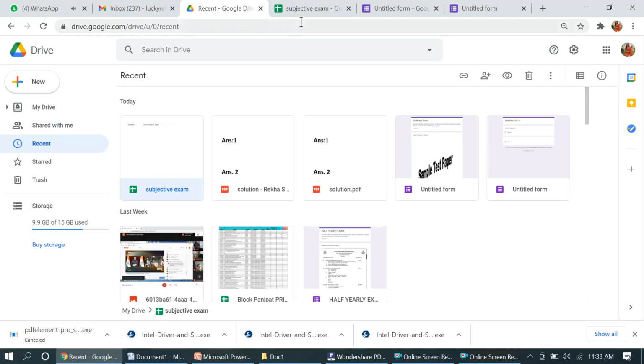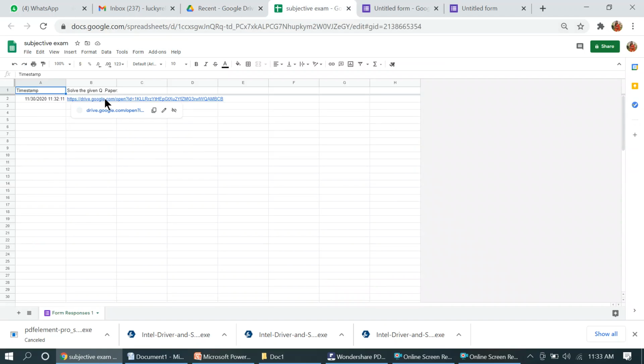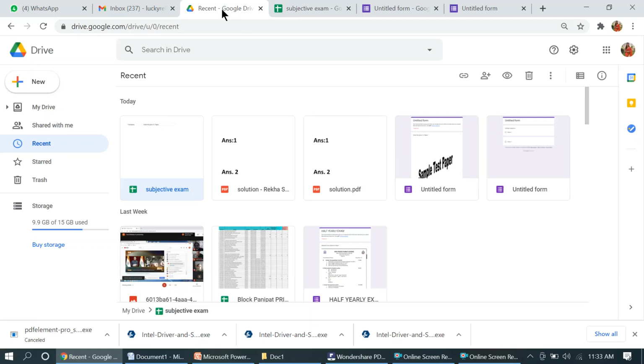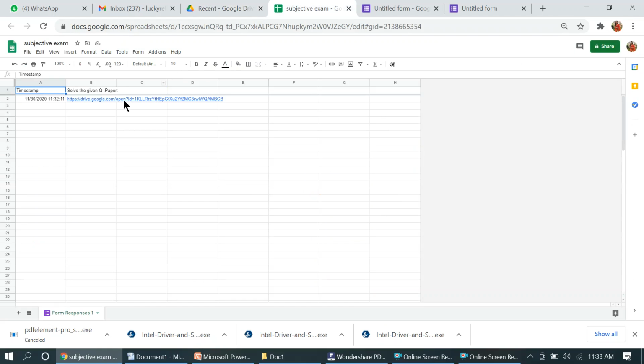If you don't want to do it from there, from here you can just click on this and you can download, right? But right now, as I have got only one response, I know that this is the response which I have received, right? But when more than 100 or 150 students are there, then that will be very difficult, right? So for that, from here in Google Drive, you will just click on this option.